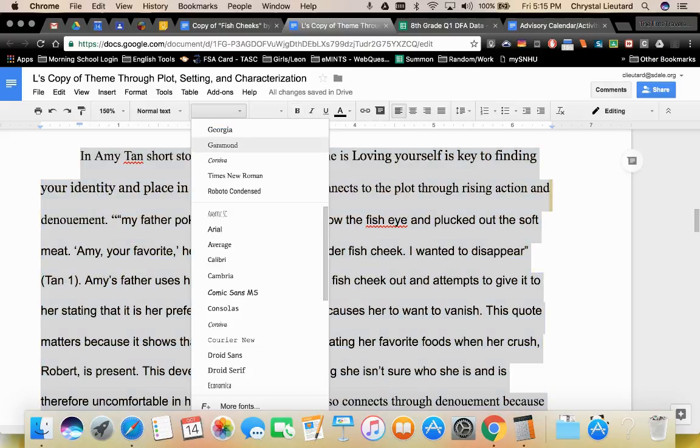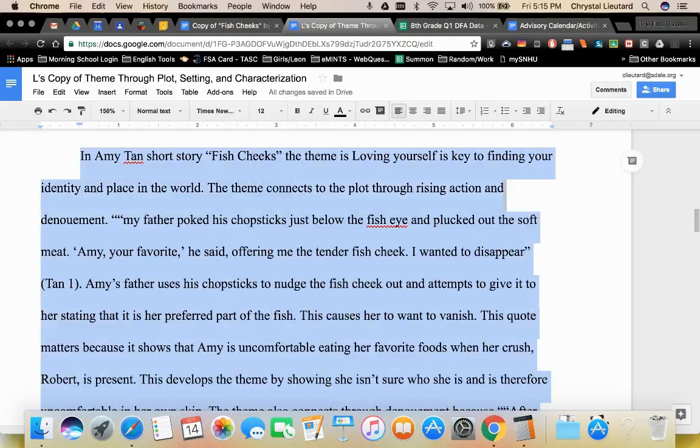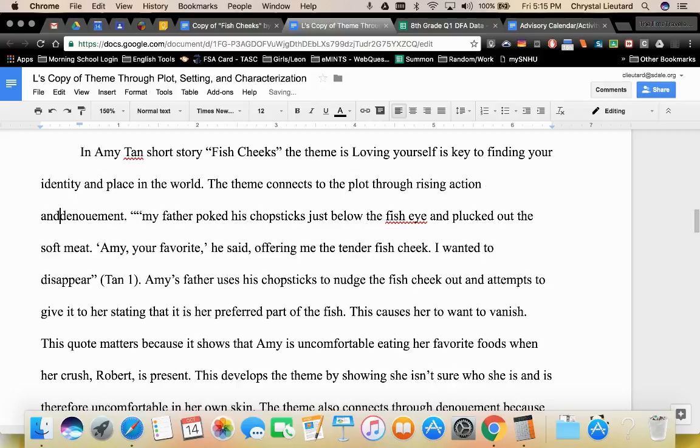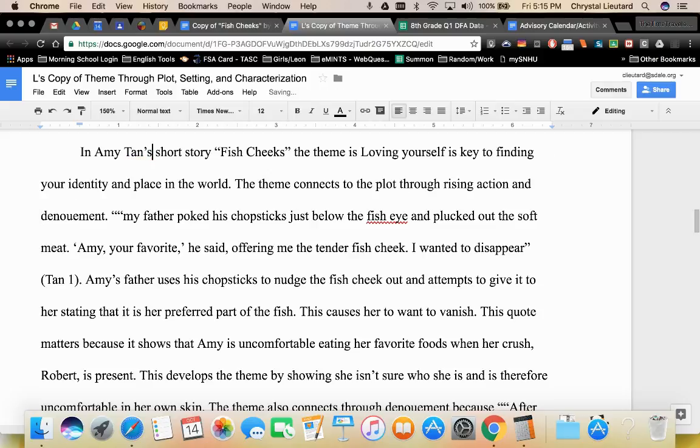I'm going to make the entire thing one font, hopefully something that's easy for me to read, like Times New Roman or Georgia. And I'm going to make the font size 12. That's the most common size that teachers prefer. So I'm going to go back through and read it out loud and fix things that need to be fixed as I'm reading. In Amy Tan's short story, so I need to show possession because she has this short story,